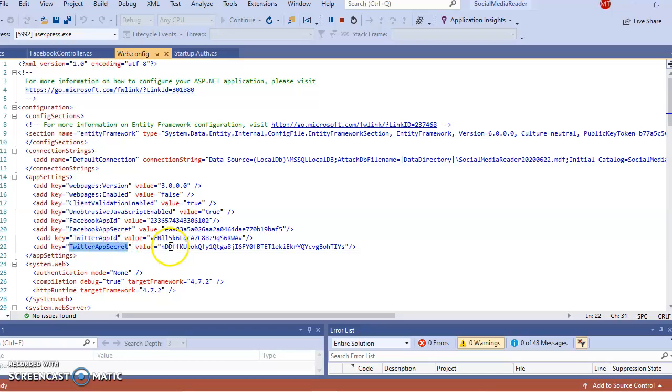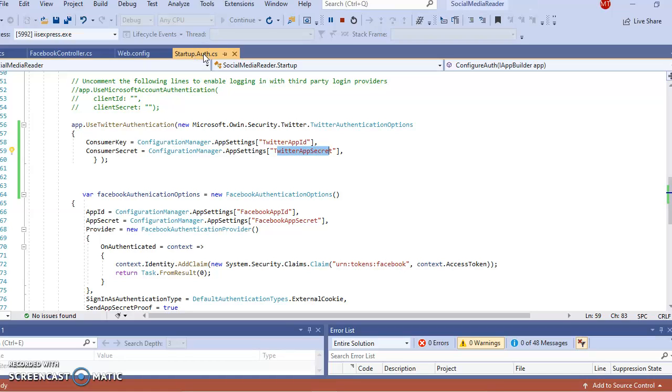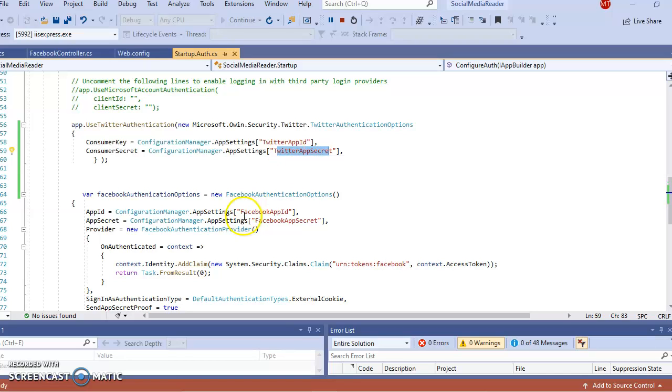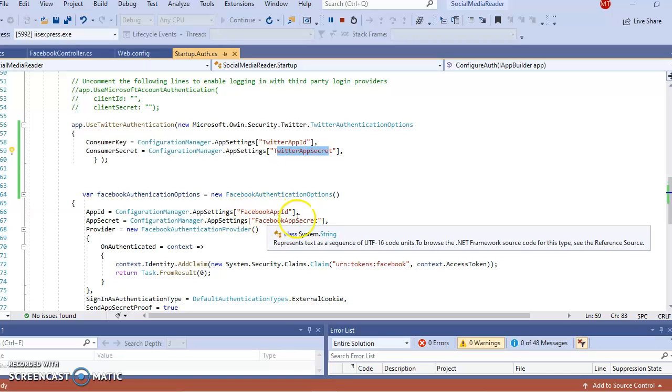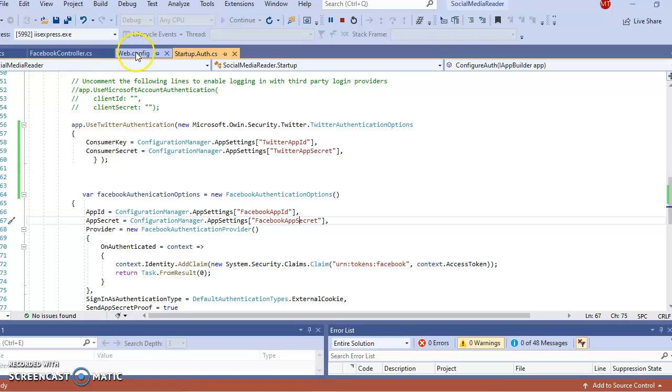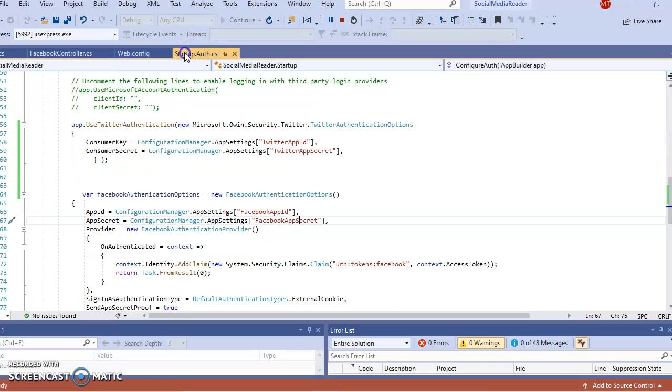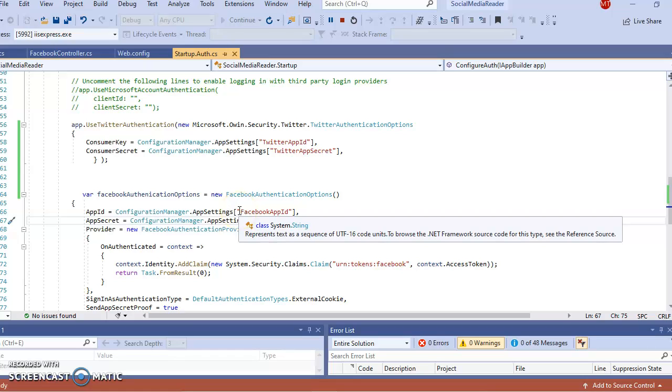Here also the secret key which we receive on request is given. So the value of the data is fetched from web config and taken to startup.authentication. Similarly, for the Facebook app ID and Facebook app secret, the data is fetched from web config and its value is then used in startup.authentication.